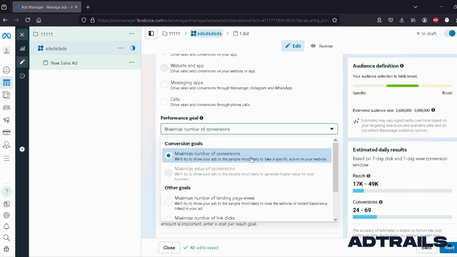If we take a look at a contrast, the maximize conversion value objective prioritizes driving the highest revenue for conversions. This option is best for e-commerce businesses where the value of each purchase varies, as it ensures your budget is spent on actions that bring the most financial return for you. So basically, if you are an e-commerce store owner, maximize value of conversions is pretty good, but